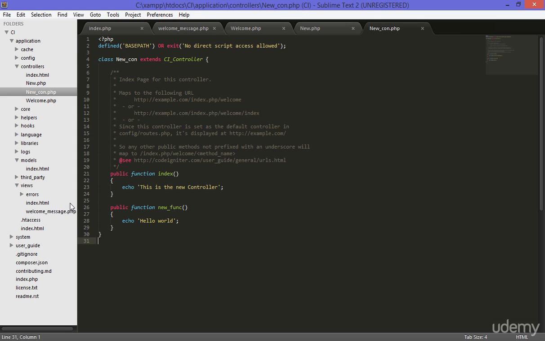So I hope you understood the basic things about CodeIgniter, and in the next class we'll learn some more things about CodeIgniter and the